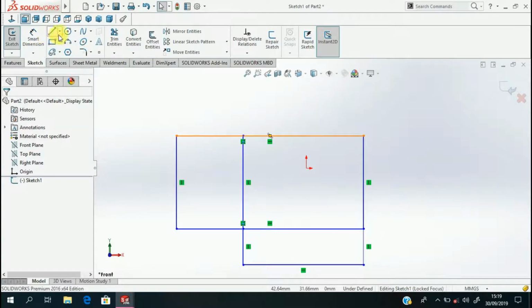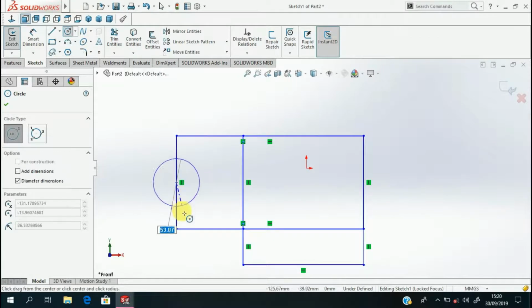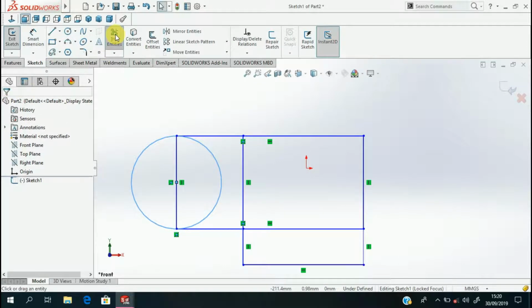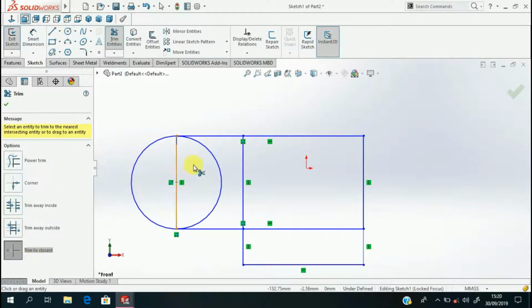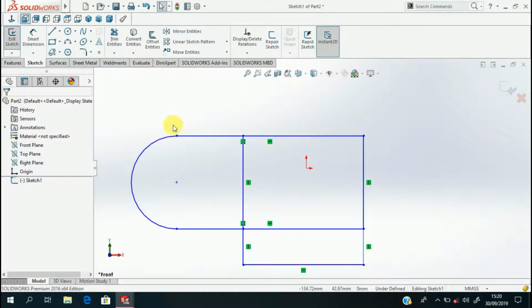And select. Make a circle in the center point of this line. Okay. And go to trim entities. Select trim to closest and select this part and this part. Okay.